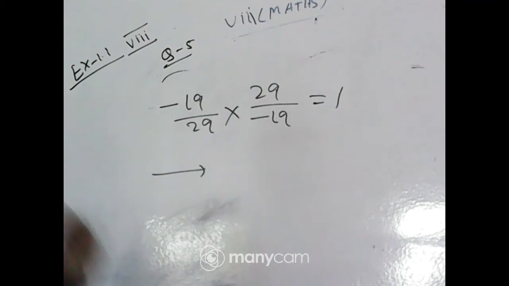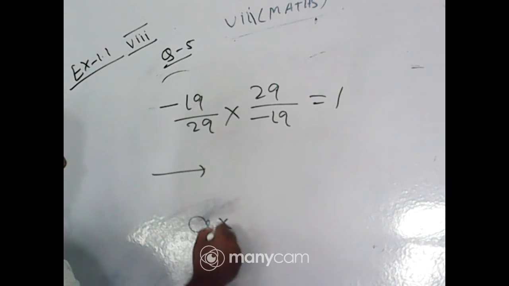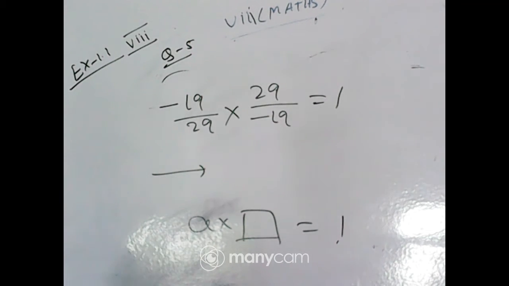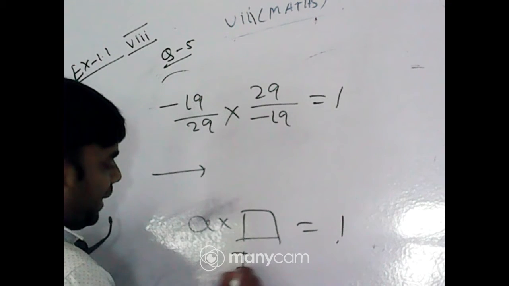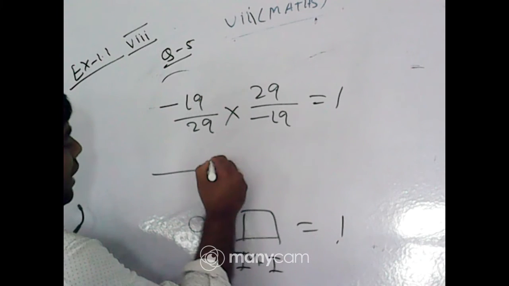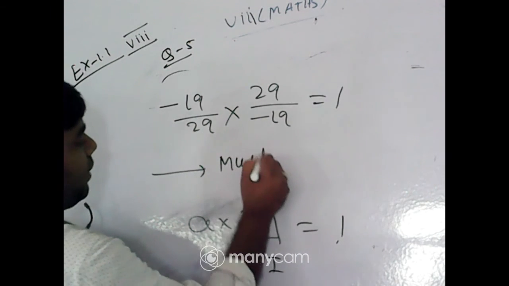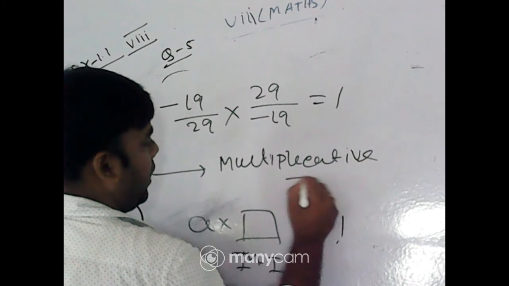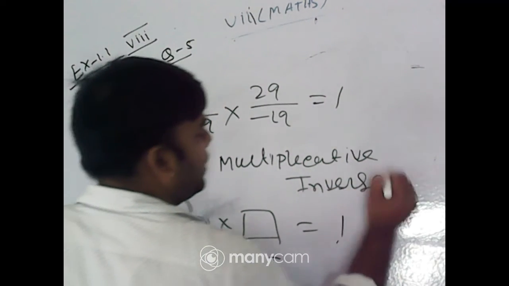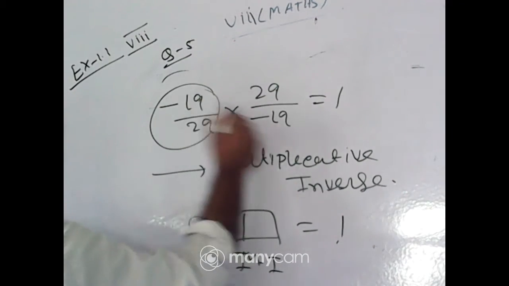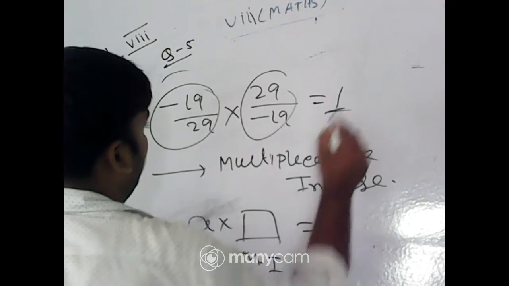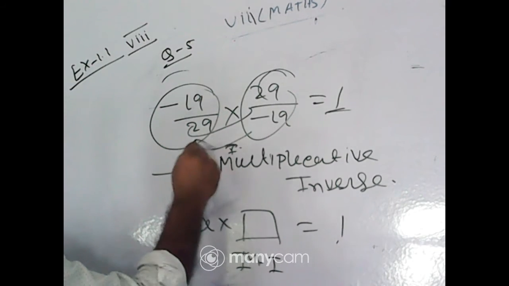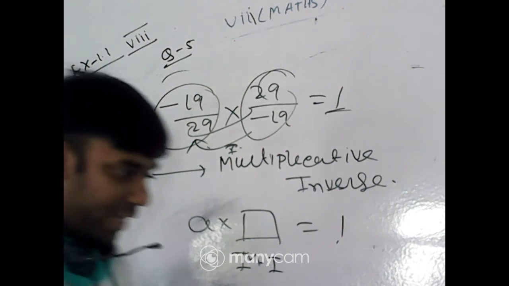So it's very much easy, students. Any number, if you multiply a number such that the resultant is multiplicative identity, that is 1, it is called multiplicative inverse. Multiplicative inverse property is used here. That number multiplied with another number, the resultant is 1. That's why it is called inverse of this number. Clear? Very good.